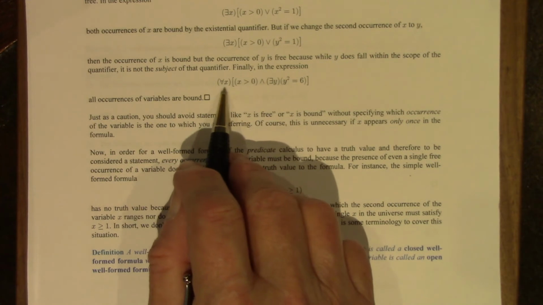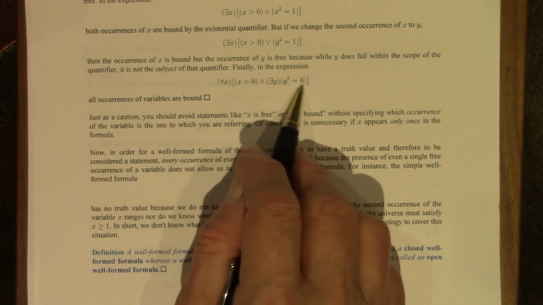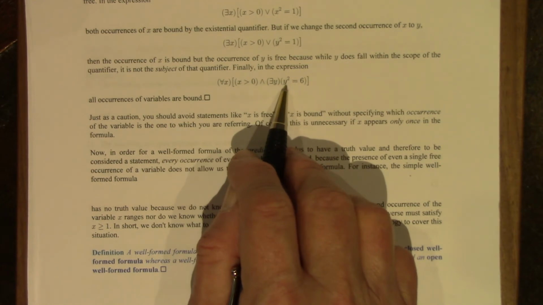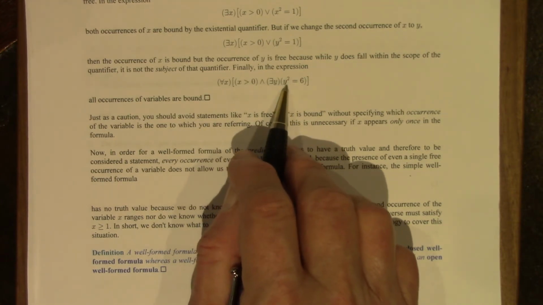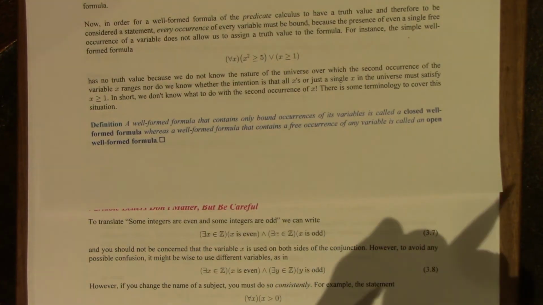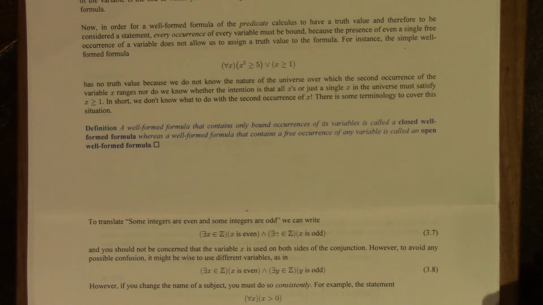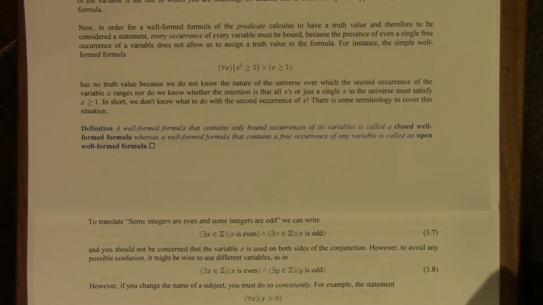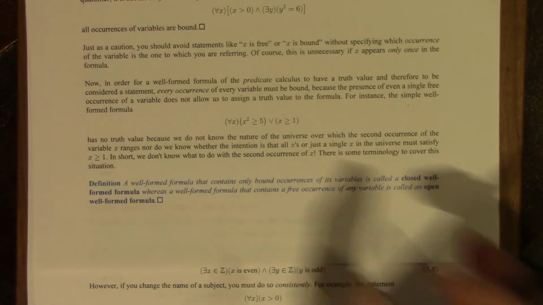Here's a well-formed formula. Now x, this occurrence of x, is within the scope of the universal quantifier. It's within the square brackets, and it's the subject of the quantifier, therefore it is bound. This occurrence of y is within the scope of this existential quantifier. It is the subject of the quantifier, therefore it is also bound. In order for a well-formed formula of the predicate calculus to have a truth value, and therefore to be considered a statement, every occurrence of every variable must be bound. There can be no free occurrences of variables, because then we don't have a truth